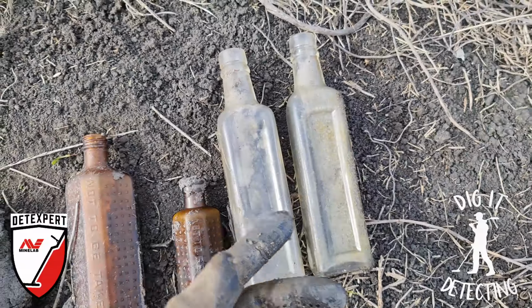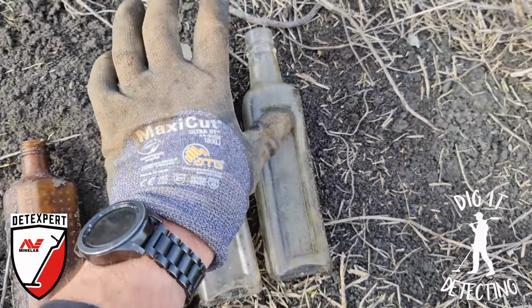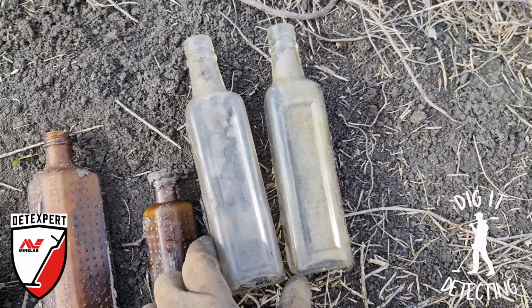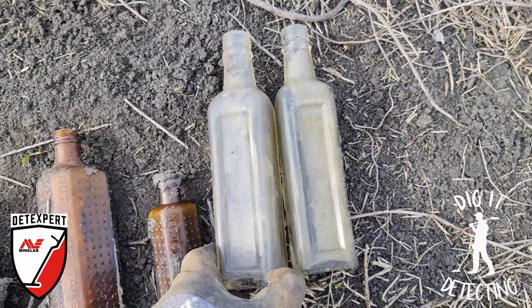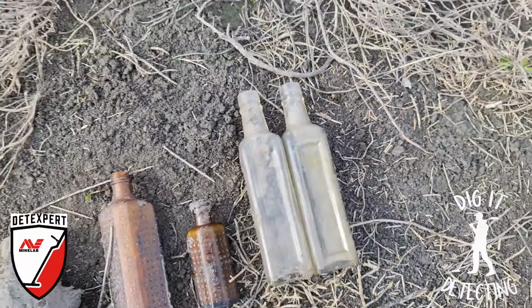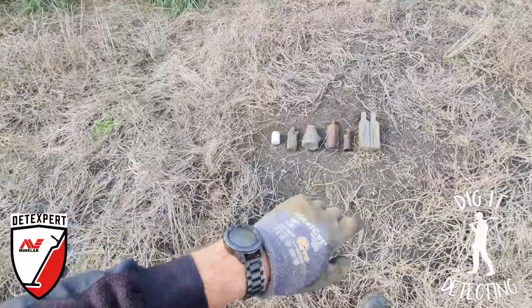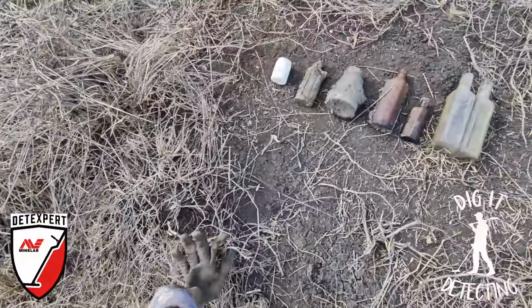and catch my breath. As I said, walking through that mud is a bit of a struggle. So these actually turned out to be Jazz Mackenzie bottles, so very, very cool. We've got a few of those at home. I did think they were the chicory and oil bottles, however they are Jazz Mackenzies. So awesome stuff to find that many bottles in what, 15 odd minutes, 20 minutes, just walking in